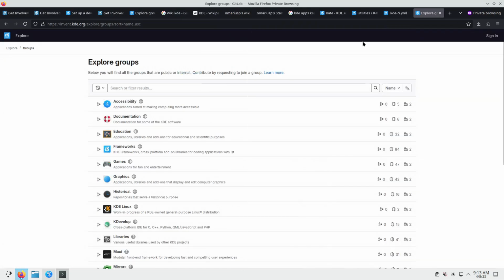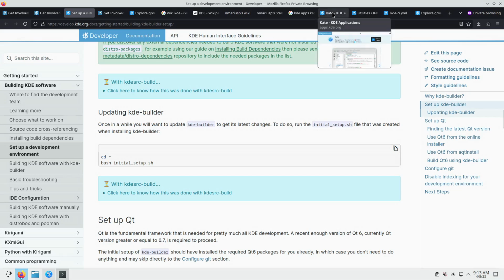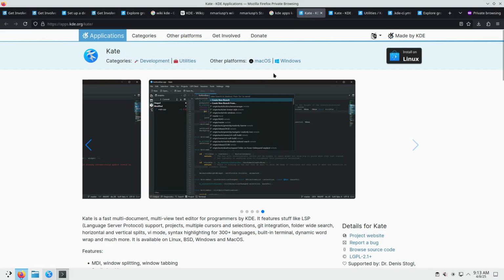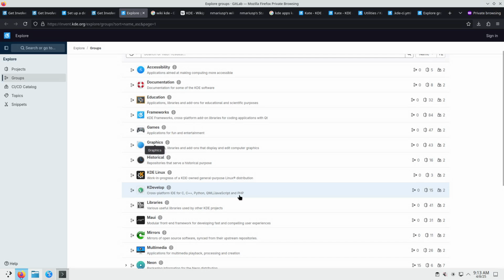Okay, where are we? We did set up KDE src-build. We know the names of all of the KDE applications because we're looking at apps.kde.org and we're looking at the GitLab projects in invent.kde.org. For instance, in order to find the